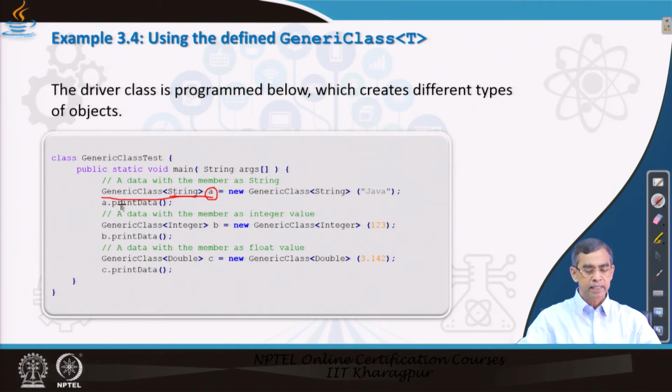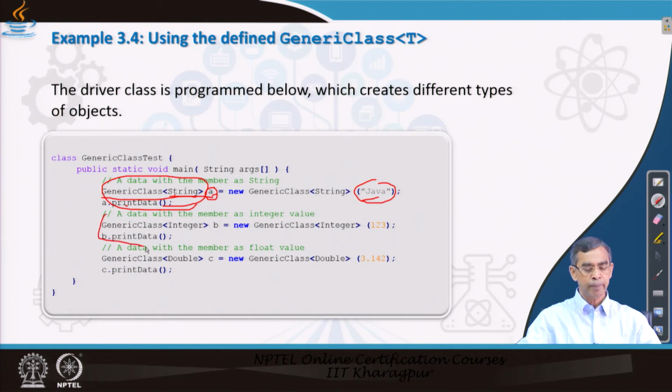That means the generic class that we are going to have is for the type String, and A is the name of the object of type Generic. When we create this object, we initialize the field x in it, passing a value Java. So A basically holds the value Java at the moment.